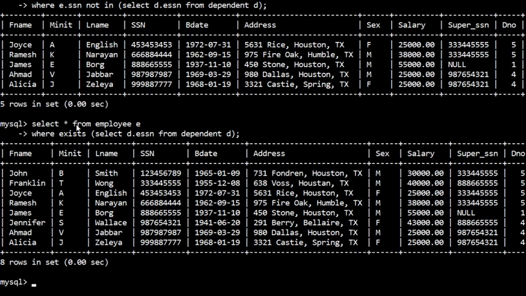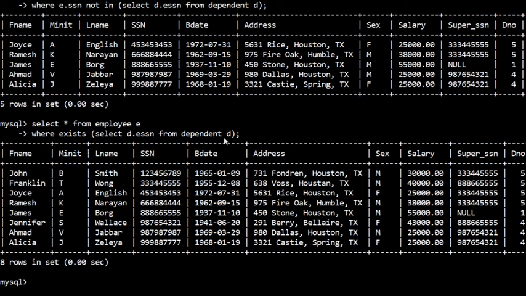Because I'm checking whether this tuple, the first tuple from employee, and if this function returns true, that row will get added to the result. Each time I'll check whether this function returns true.